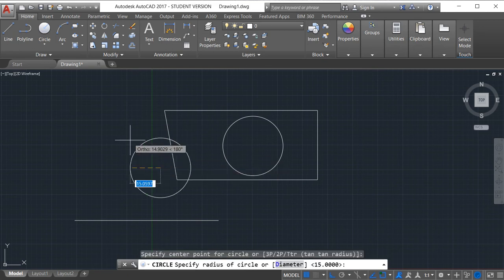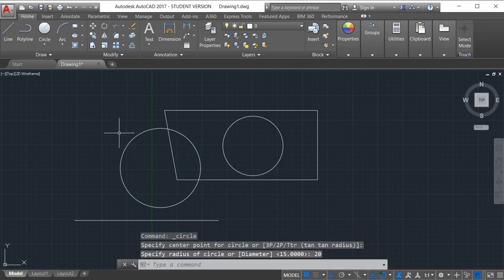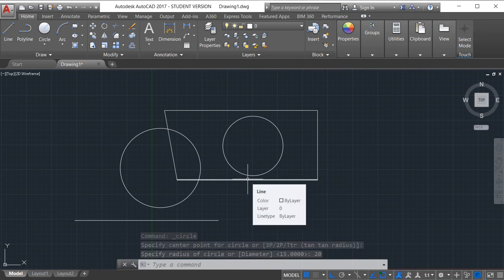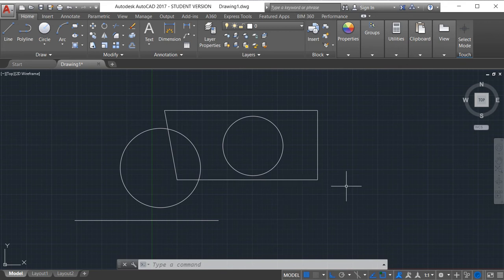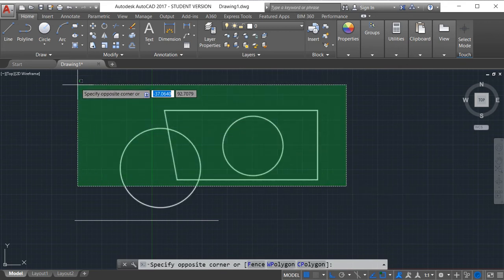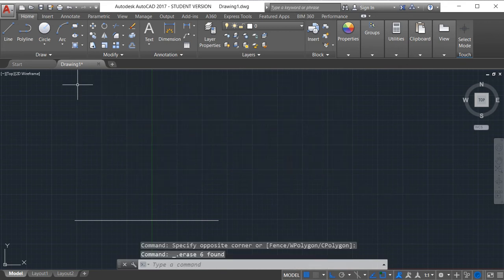This will be a circle of radius 20, enter, 20, enter. So by the off option, I can draw anywhere inside the limit and outside the limit. Now I am going to delete all this.